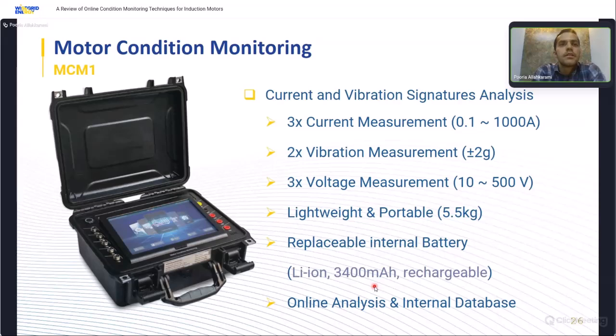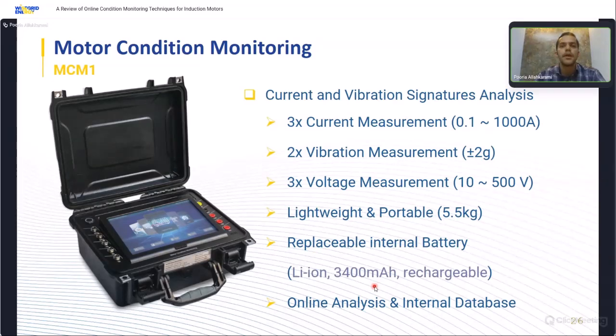All the analysis is performed inside the device, and the device generates a PDF report from the record of the measured parameters. The internal algorithm compares the collected data with the standards and thresholds and estimates the probability of the various motor faults we discussed before. In addition, the MCM1 can create a database for every motor and allows us to track the motor condition over time and compare the current measurement with the historical data and periodic tests